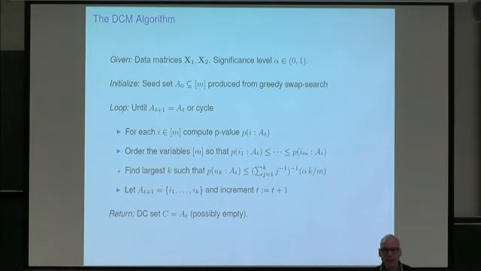Yes? Do you have a way to compare them? We don't. There's the first one that you find, but is it the best? It's often the largest because it has the strongest signal. Which raises another question: once you've found the first one, how do you avoid finding it again? You could try to get your greedy swap procedure to avoid it, but what we do, and I'll say in a minute, is try to remove the signal. Once we've found something, you could just remove that set of variables altogether, because it's a differentially correlated set, so throw it out.